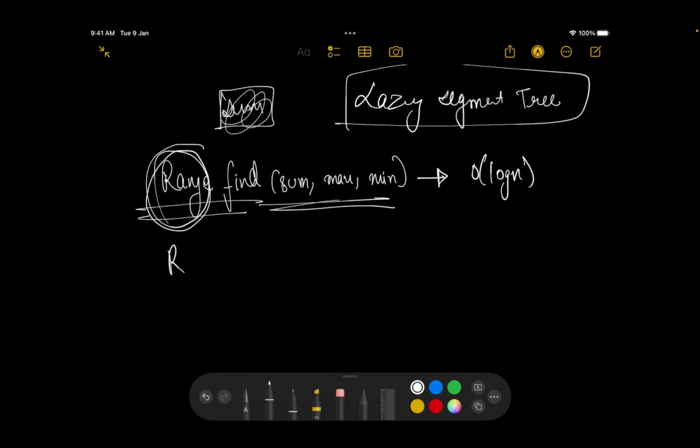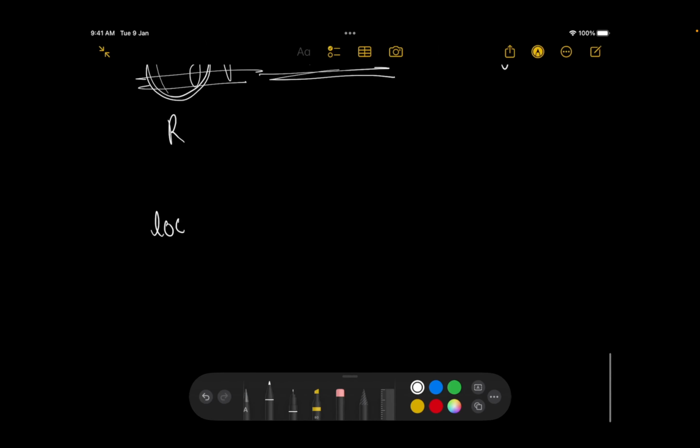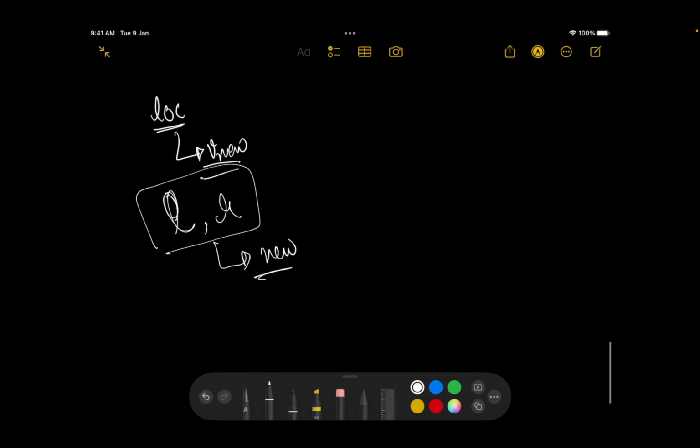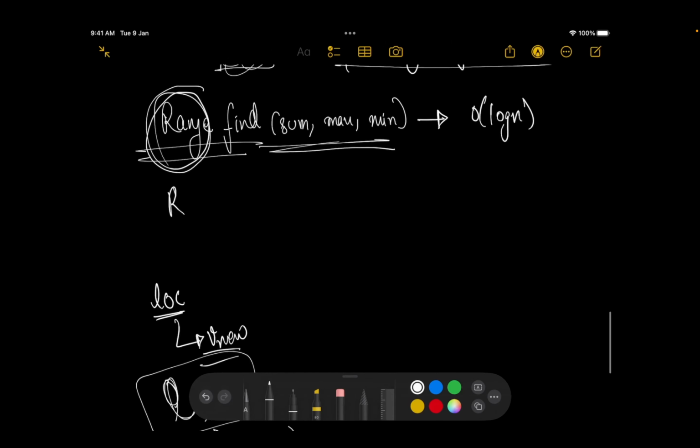So what do I mean by point update? I'll simply say that, okay, update the value at location to the new value. I can't ask you to update the value in the range L to R to some new value. This is not a valid operation that I can do. I hope that makes sense. Right. So point updates